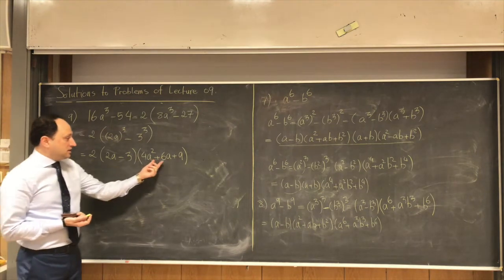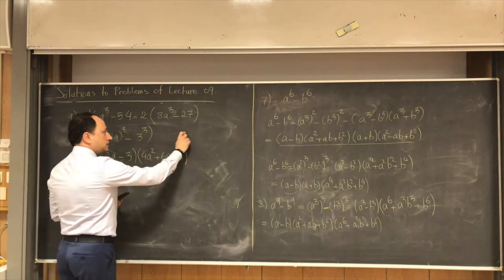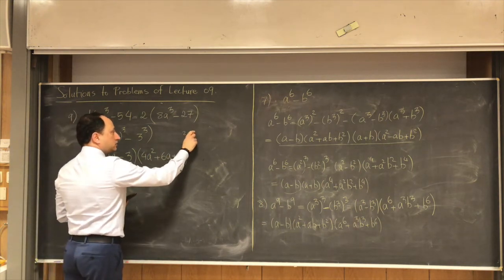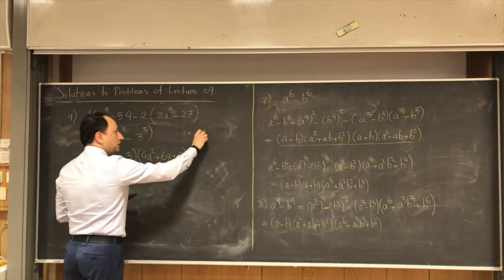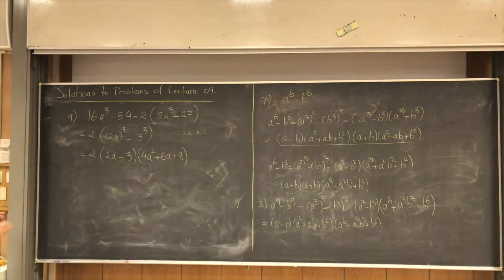It seems that this is a quadratic pattern, but it is not. Why? Because if I take the square root of this, it's 2a, the square root of this is 3, and if you multiply it by an extra 2, it becomes 12a, not 6a. So that is the end of the problem. Okay,